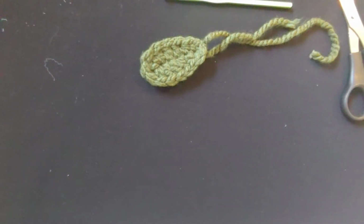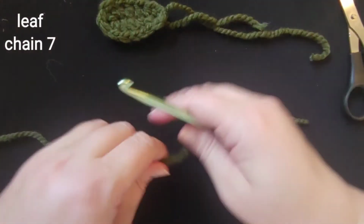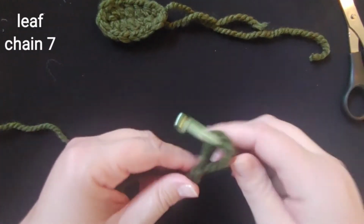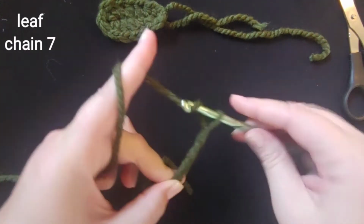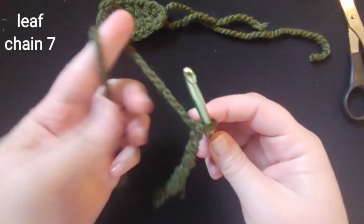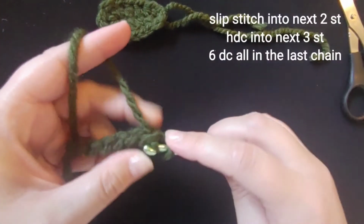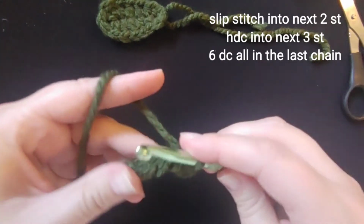This one is called Forest Green is what I'm using, and the leaf is super fast, so it will not take us long at all. Let's get started here. We're just going to need our green, and we're still using our 6mm crochet hook. Let's go ahead and get our chain going. We're going to chain 1, 2, 3, 4, 5, 6, 7. So chain 7. We're going to go into the second chain from the hook and do a slip stitch, and the next one, do a slip stitch. So there's 2 slip stitches,